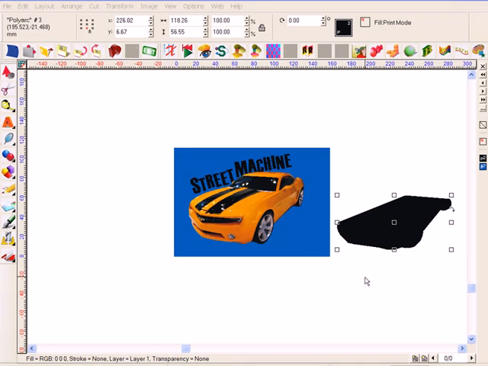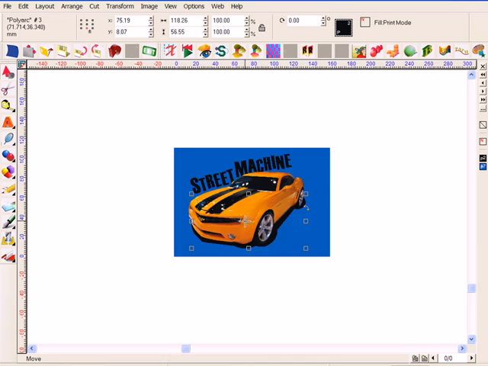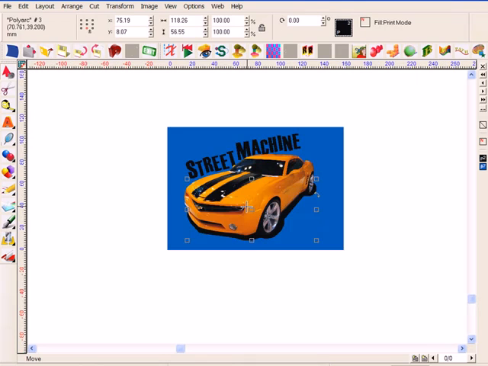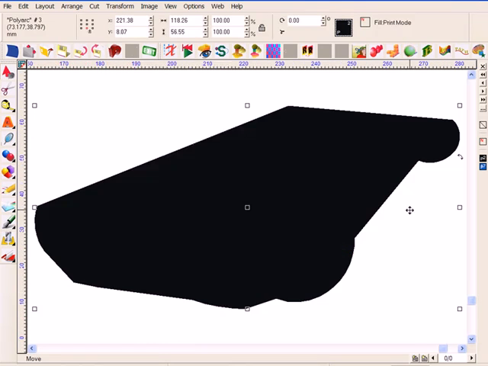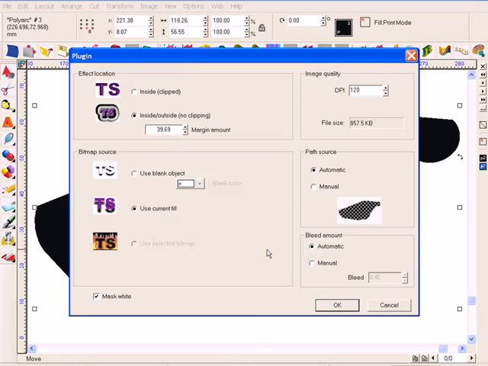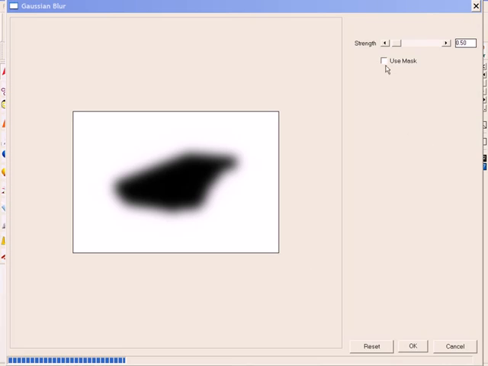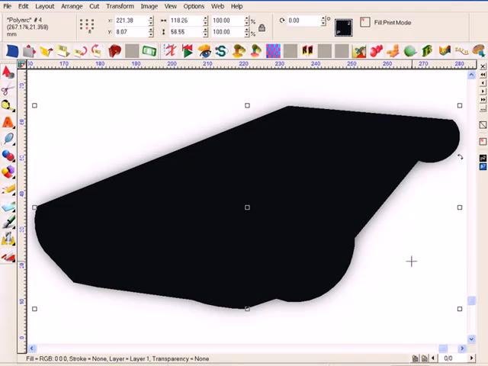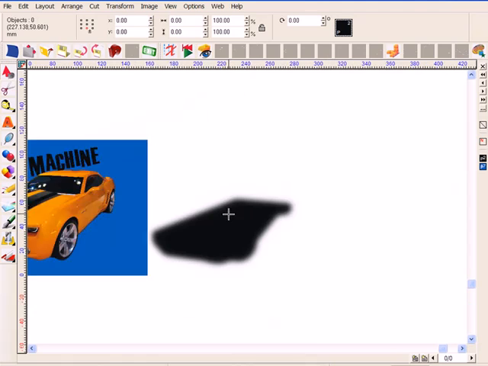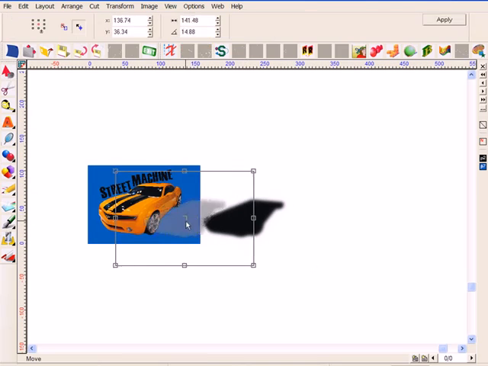I have created this simple vector shape that I will now drop between the car and the blue background to form a shadow. At the moment it's a bit too hard edged, so I'm going to use a Gaussian blur to soften things up. Here I can simply adjust the degree of blur to get the desired effect. Okay, and I can now delete the original vector path to leave a nice soft shadow, which I will now